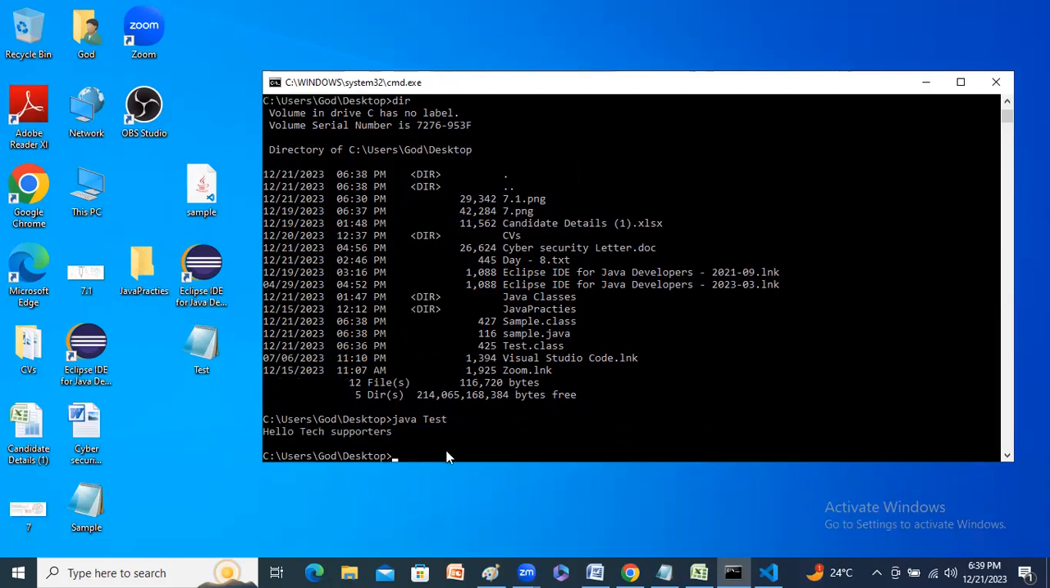And press enter. Here you cannot use test.class or test.java. No need to use the extensions. Here you have to use java space only the class name. For example, sample also is there. Test is using a capital letter. Just try that. If you give a small letter,